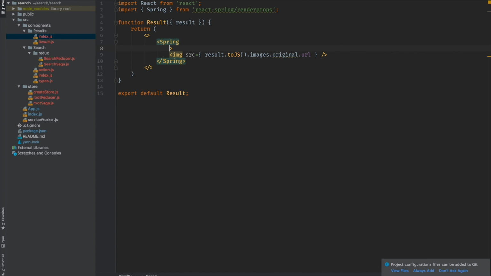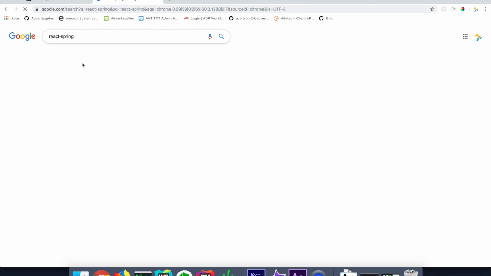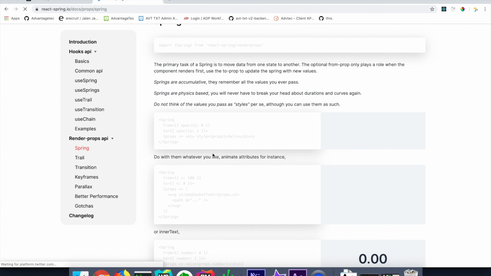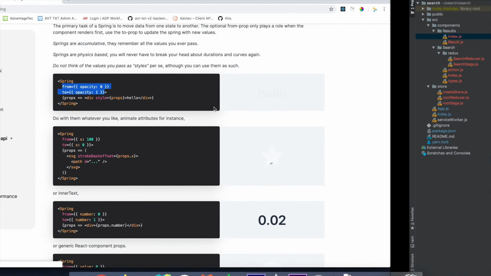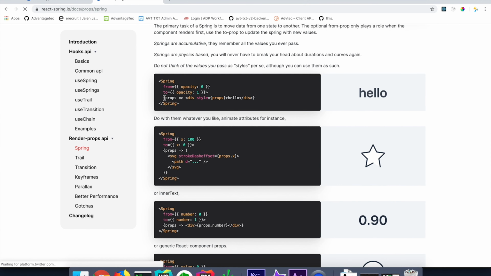Let's look at the documentation here. So React Spring, and inside of render props, there's a Spring API right here, and it takes a from and to property, all right? So that's what it takes, and then inside of that, it takes this object here that just maps it to that underlying component,